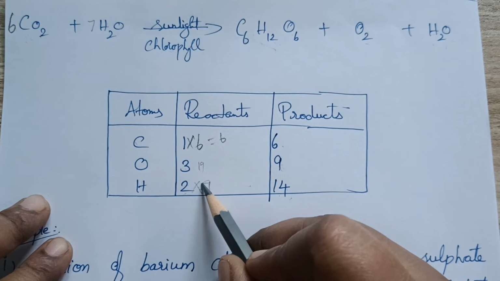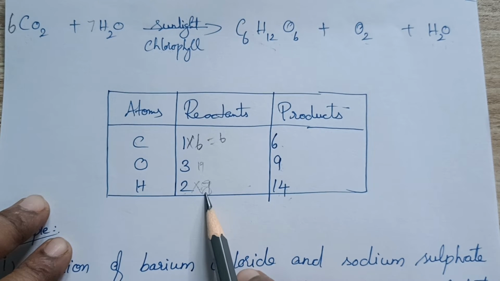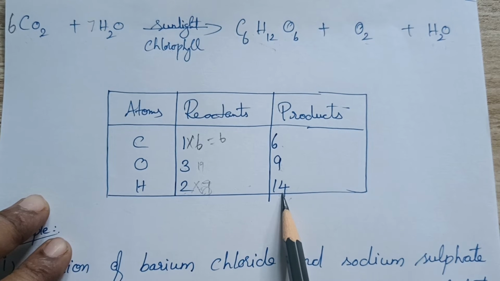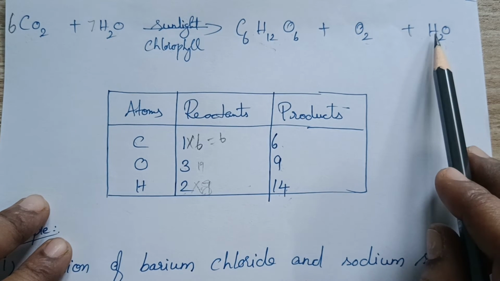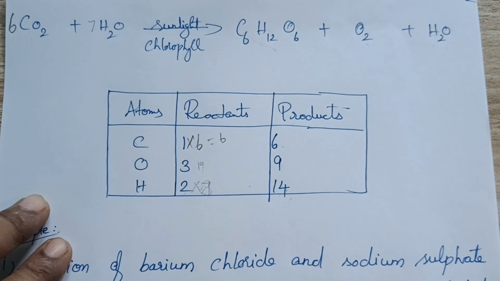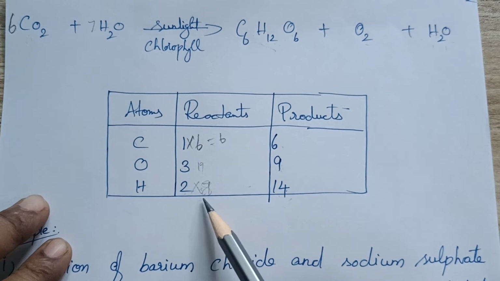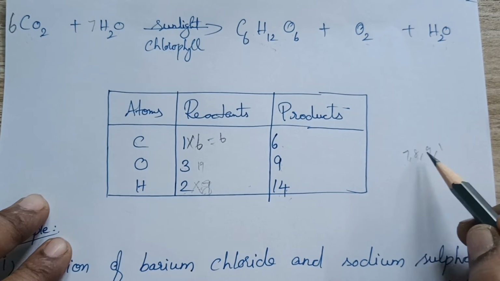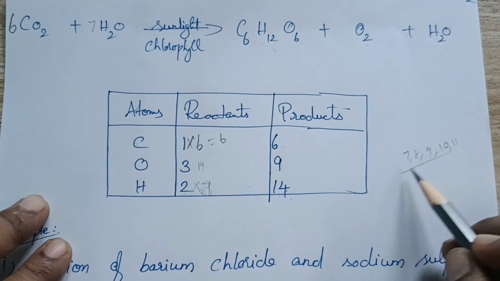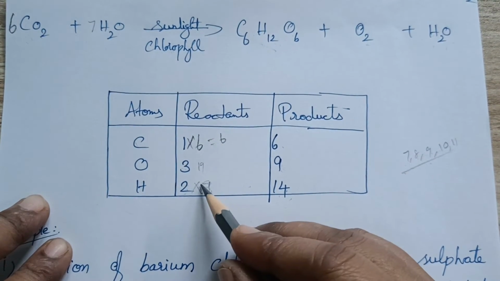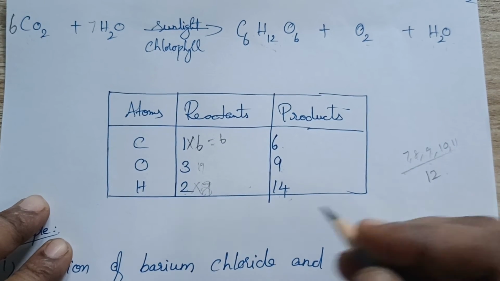So we'll check with 8. If you put 8, this side becomes 16 and here 14, so again it will not balance. This is only a trial and error method, so we can try with numbers. I tried 7, 8, 9, 10, 11, and it does not work with these numbers in the place of hydrogen. So the final number is 12. If you put 12